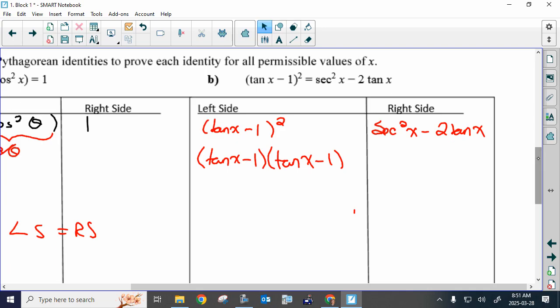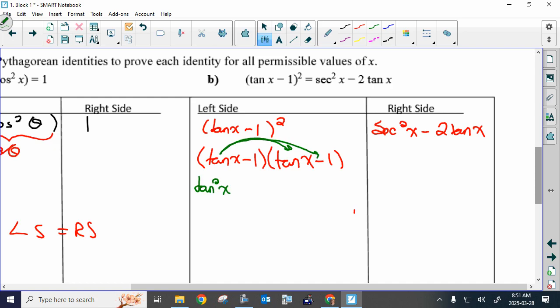So when I start looking at the binomial distribution here, I've got tan squared x, and then I've got minus tan x. This is not a difference of squares, so the middle terms stay, minus tan x, and then a negative times a negative is a positive 1. And when I put my like terms together, okay,